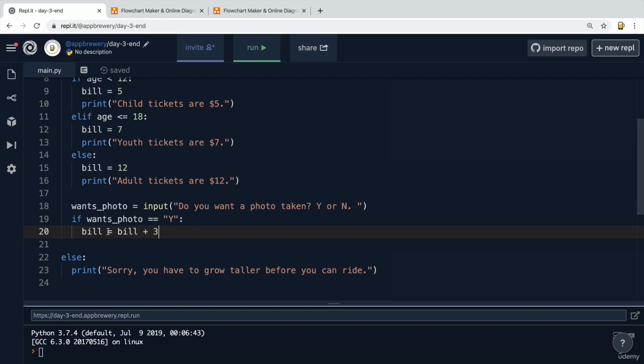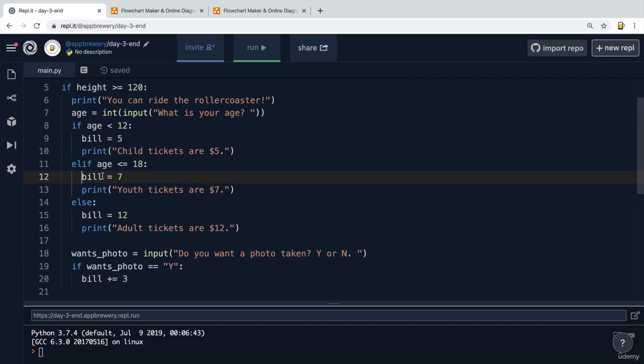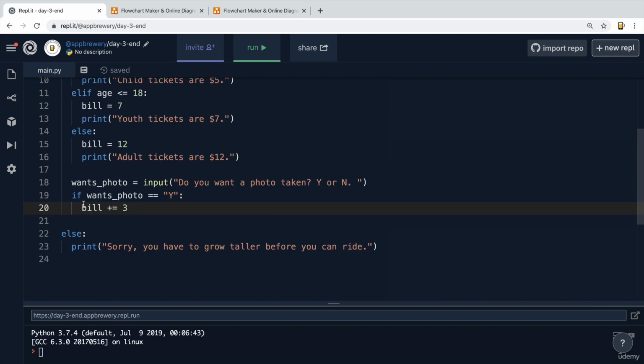Now in Python, as well as many other languages, there's actually a slightly shorter way of writing this. When you want to increase the current value that's held in a variable and you want to save it back into the variable, you can simply write plus equals. So bill plus equals 3 is the same as bill equals bill plus 3. Now, no matter what the value of bill is before it reached this if statement, I'm still going to add